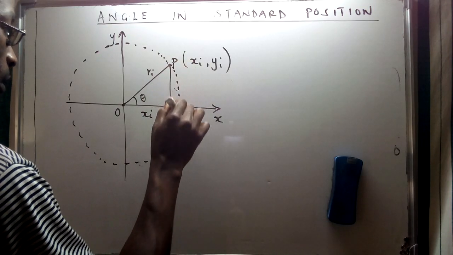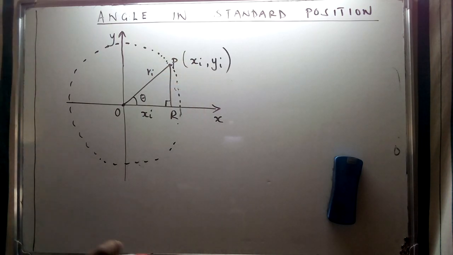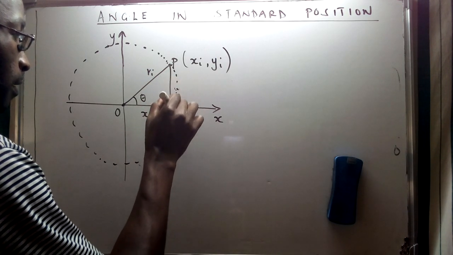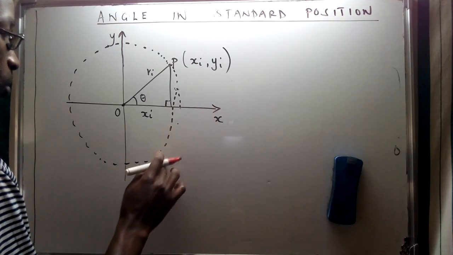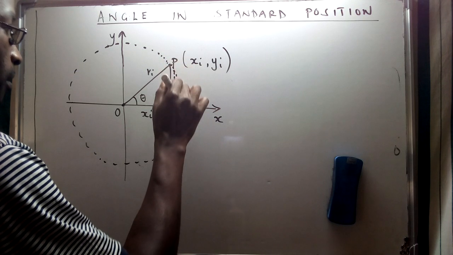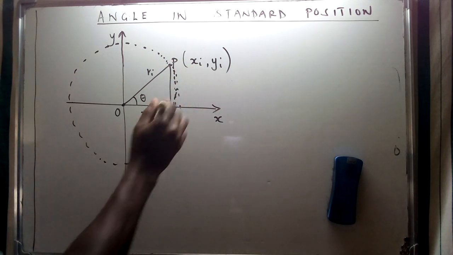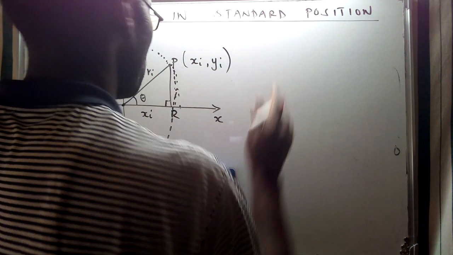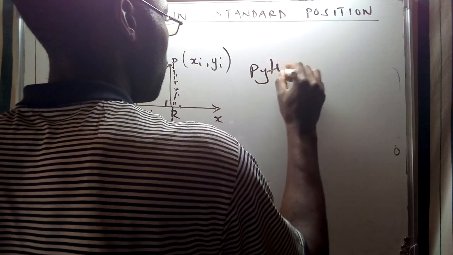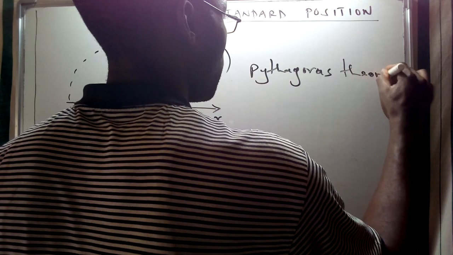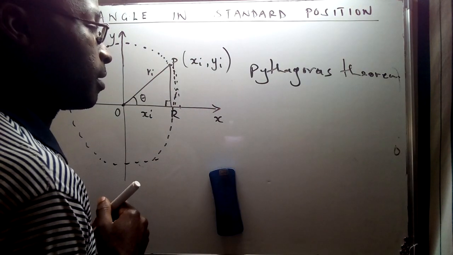This point is going to be touching on this point. Suppose we make a circular path along this stretch, we're going to have this point given at that specific point. So from the Pythagoras theorem, we are going to have a relationship that is going to assist us to define the three